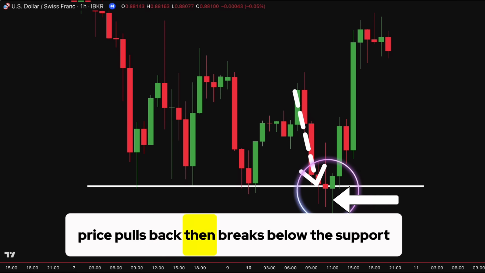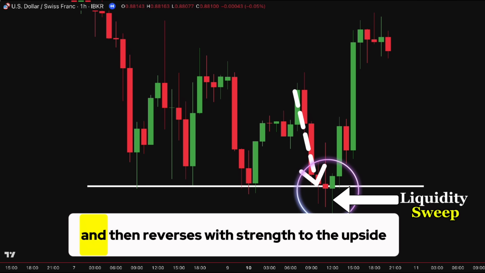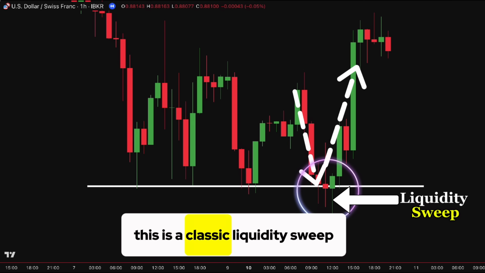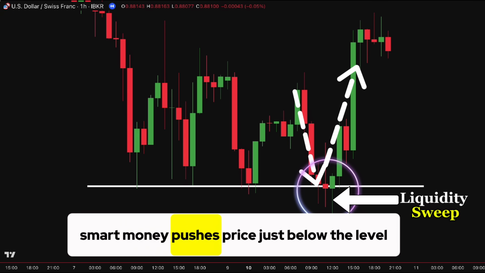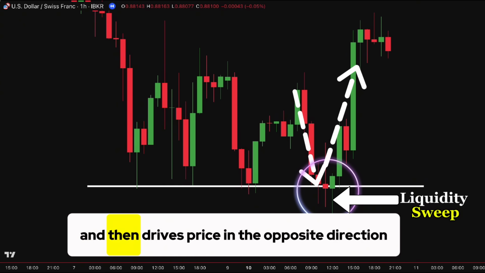Price pulls back, then breaks below the support, triggers all those stop losses, grabs the liquidity, and then reverses with strength to the upside. This is a classic liquidity sweep. Smart money pushes price just below the level to fill large orders, traps breakout sellers,